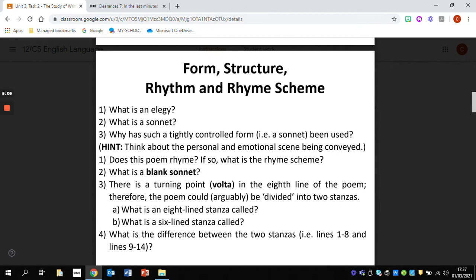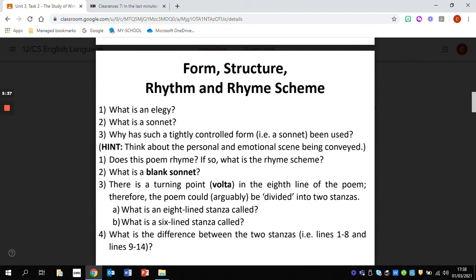So think about why he chooses a really tightly controlled form. It's a very personal and emotional moment in his life that he is writing about here. So perhaps by using that controlled form, it gives him a sense of control over this moment, and I suppose an element of structure, so he can't get too deep, too emotional into it. He has to sort of plod on through the poem itself, possibly, but I want you to have a think